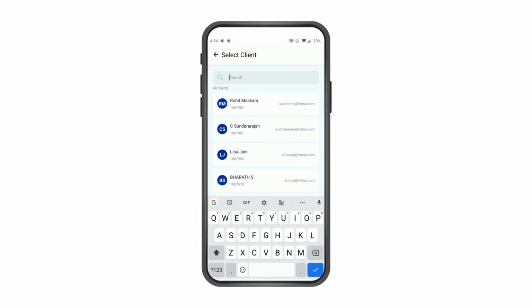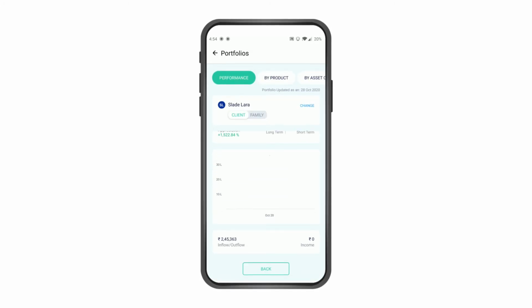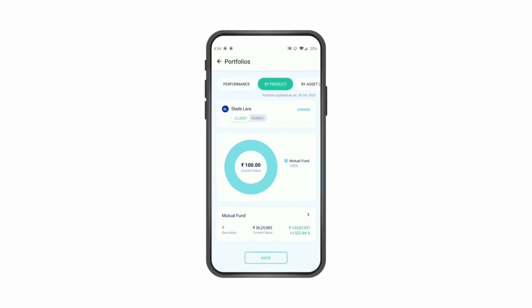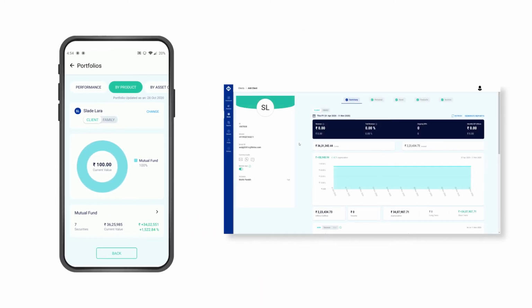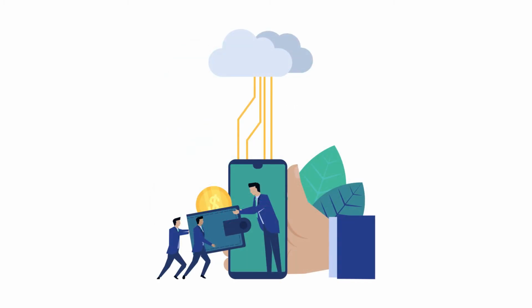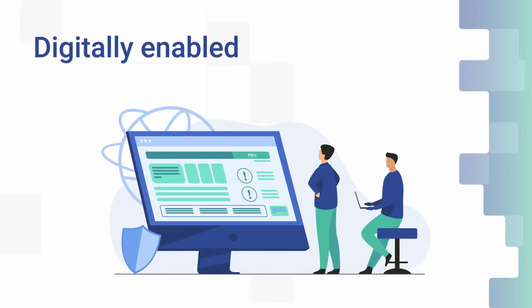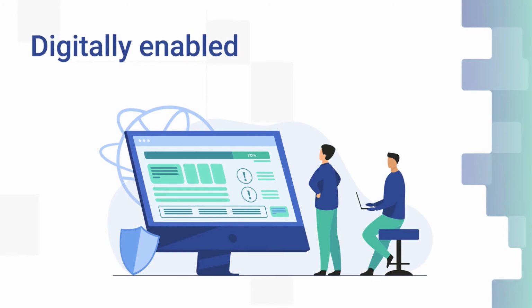The partner app allows you to view a portfolio of a client by searching and selecting a specific client. The partner app reflects the same content as seen in the client app, giving you and the client the same view of the portfolio. The initial activity of uploading client data helps you migrate the existing business and historical records, letting you comprehensively and seamlessly engage with your clients via our digital platform.